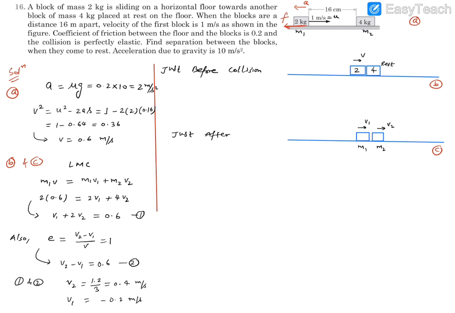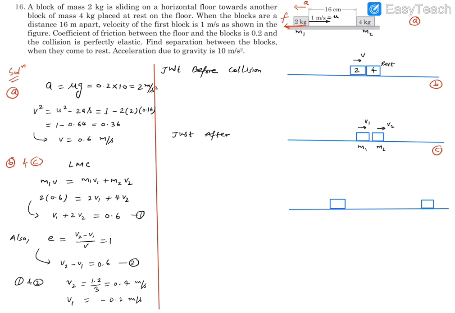Now what it says basically is this. Let's complete this partition, and we will solve here as well. So we got this v1 and v2. Basically it's trying to say that this particle, the first one, is going to return back, and the second one will be moving forward. So if we draw the next picture, it will be something like this. That's the final one. Let's call it D. The first will return somewhere here, the second will reach somewhere there, and we need to find what final separation they are having.